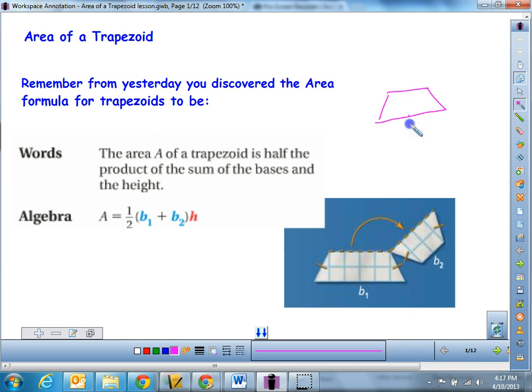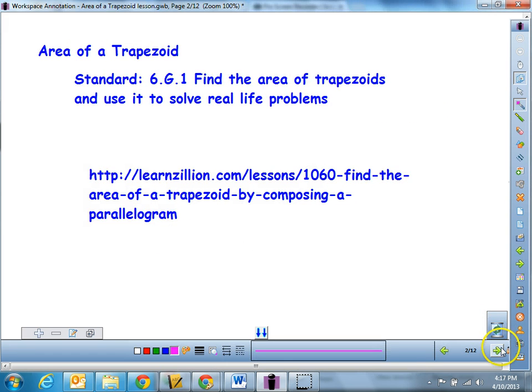So we need this part, base 1, plus this part, base 2, and then we take it times 1/2 and times the height. The height is just like it was in a parallelogram or a triangle. It's the distance between the two that's perpendicular, so it meets at a 90-degree angle with the base. That's what we're looking at for the height. So let's go ahead and practice